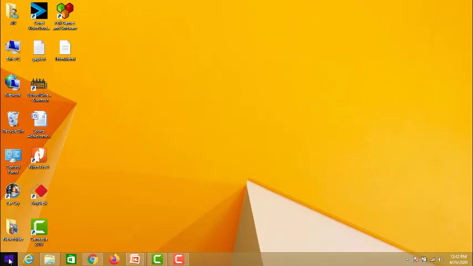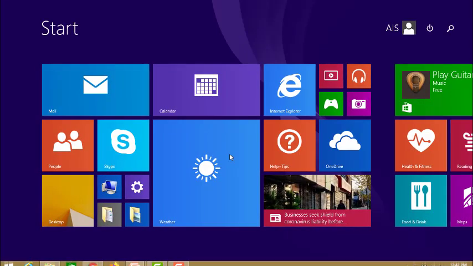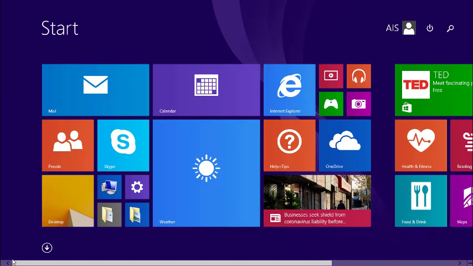Click on the start button. As I'm using Windows 8, we have different view formats in different operating systems. In Windows 7 right there you get the search tab. You can search there, or you can click on all programs and find Notepad. Now here we have the search tab.